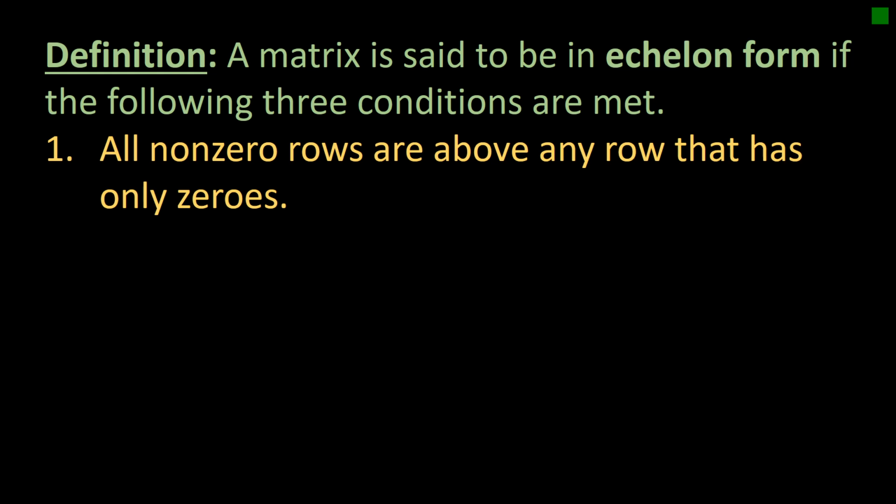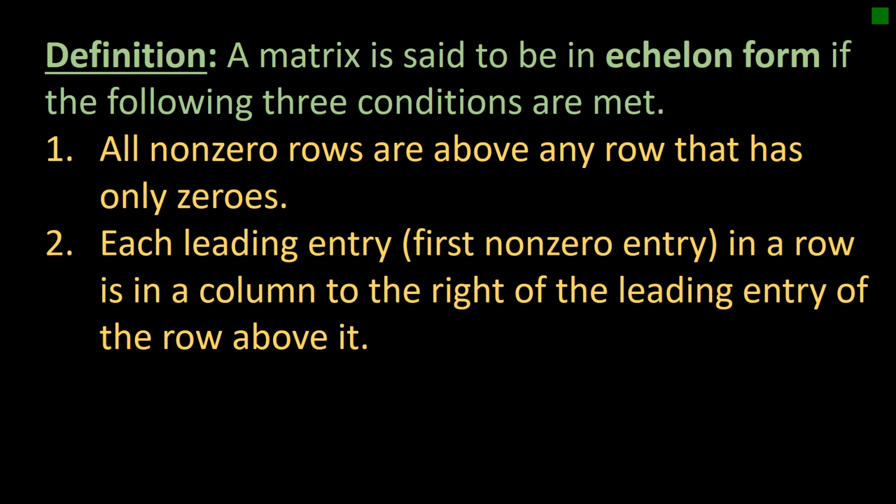All non-zero rows are above any row that has only zeros. In other words, all the rows that are all zeros are down at the bottom. Each leading entry, which means the first non-zero entry in a row, so you might have zeros and then come to a non-zero entry going from left to right,